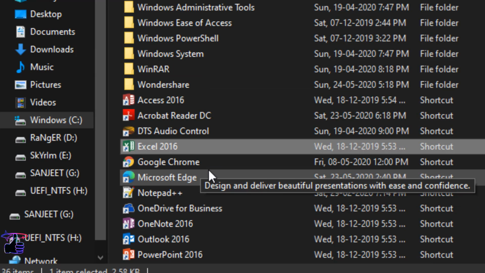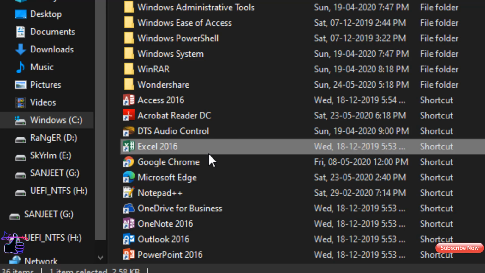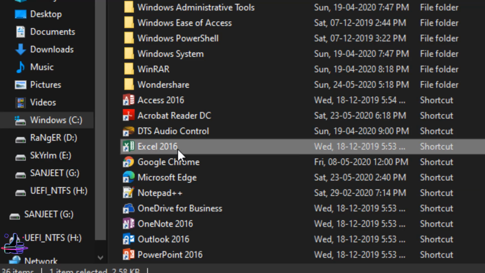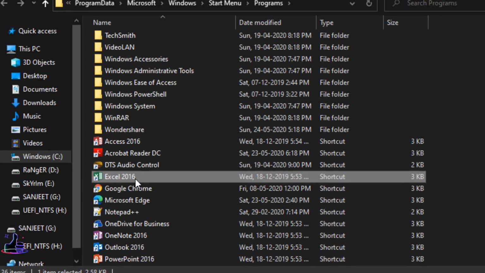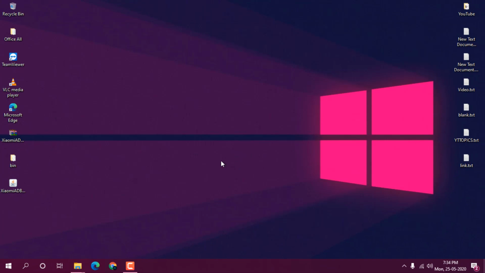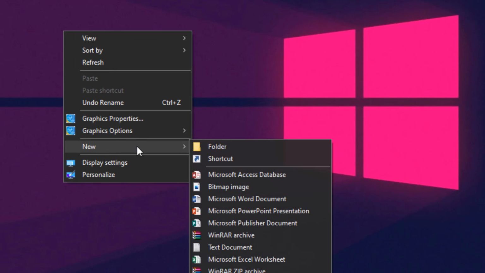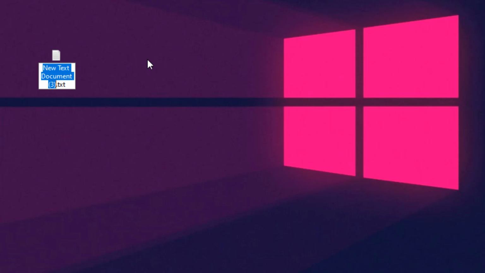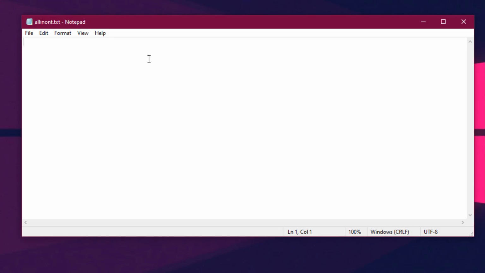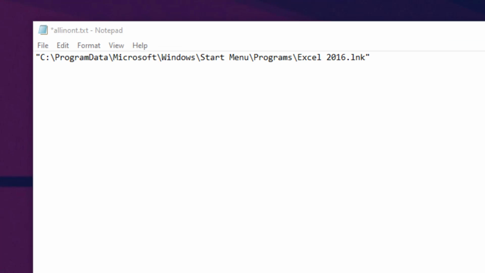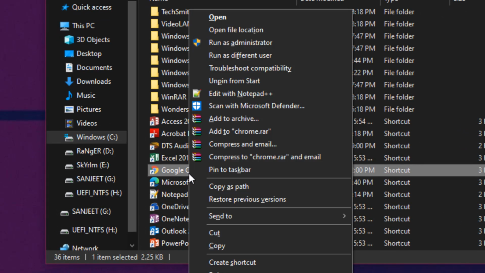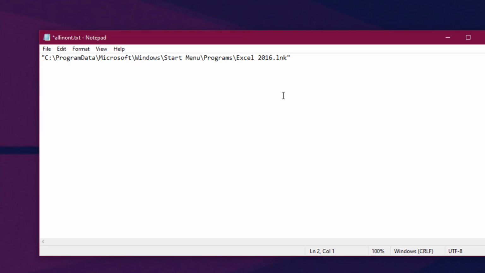Now, I want to open Excel, so how can you copy that path? Just click on it and press Ctrl plus Shift and right click, and you will see this option, copy as path. On the desktop, create a text file and name it whatever you want, like "all in one", and open it and just paste the path which you copied. Then find some other applications. Like I want to open Chrome: Ctrl plus Shift and right click, copy as path,